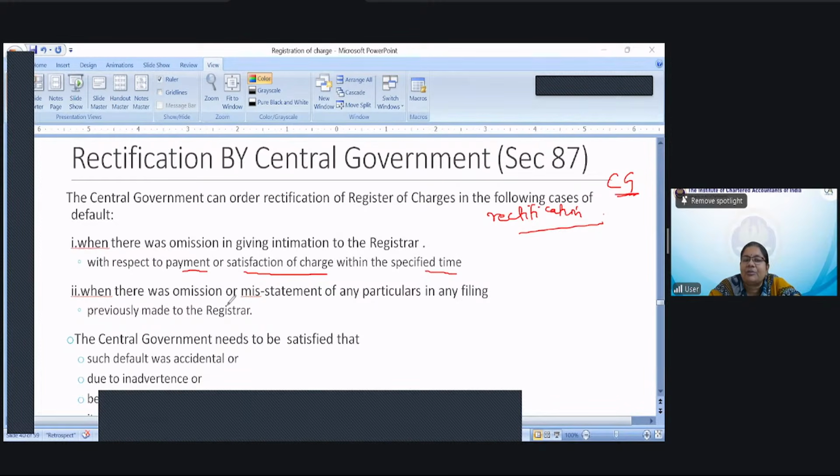Or when there was omission or misstatement of any particulars in any filing previously made with the registrar. So any wrong particulars given need to be rectified. Suppose a property was wrongly written, or the survey number was wrongly mentioned, it could be anything, or any particulars in filing the charge. So those particulars need to be corrected. Rectification means correction. And that could be rectified